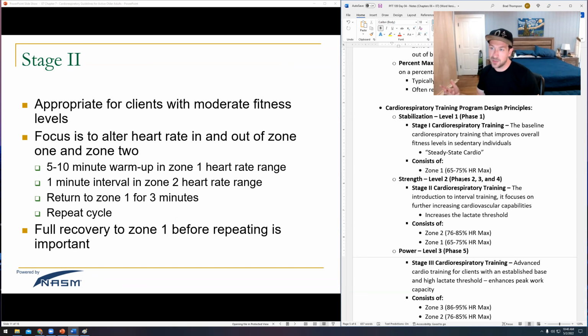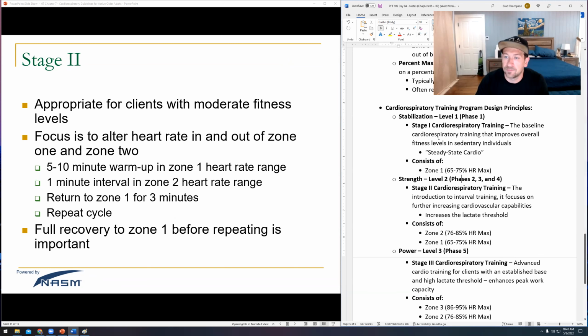But then what happens when we go fast? We get tired. So we're going to have to slow down. So we're going to recover. And then we're going to go fast. And then we're going to recover. We're going to go fast. We're going to recover. Now we've got 2 tools. We got our recovery tool, which used to be our work tool, right? But that's zone 1. And we've got our work tool now, which is new and beyond what it used to